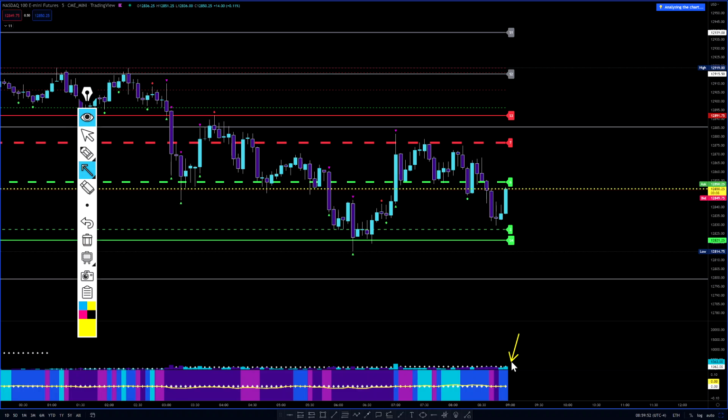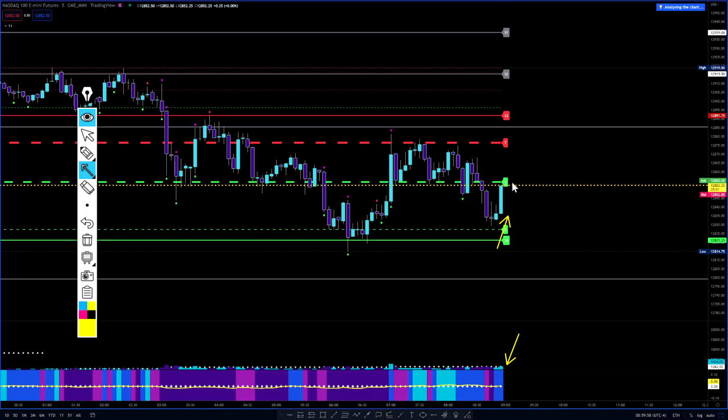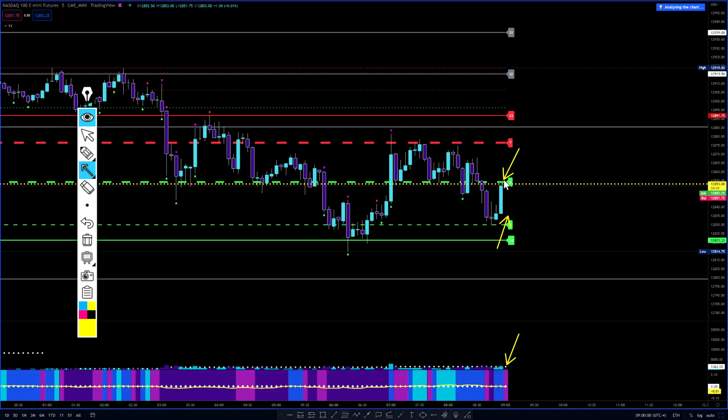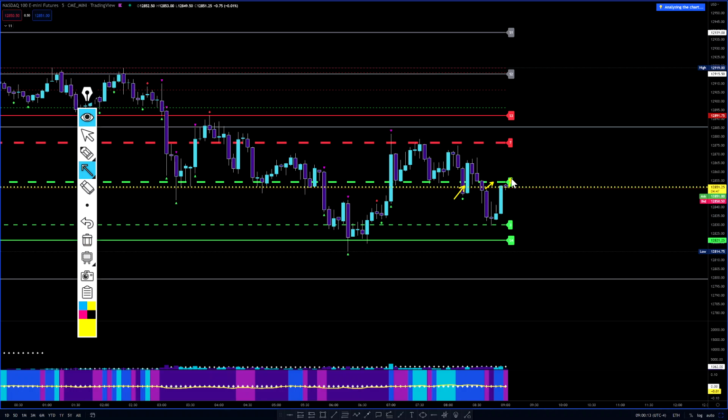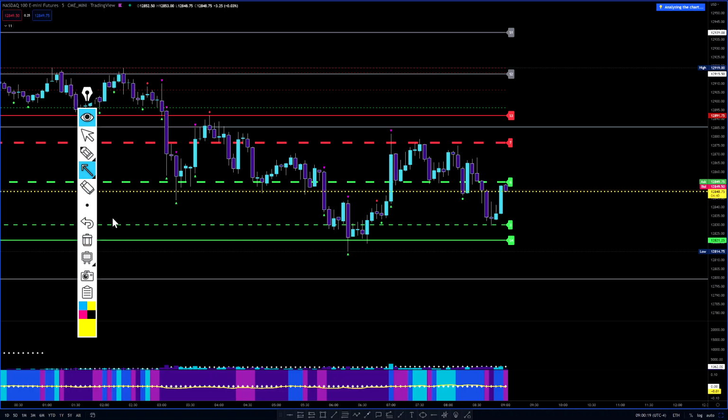Let's see. Yeah, that volume is coming in there, pushing up a little bit, and we're getting this bullish kind of action right here into this support turned resistance level. So it depends on the US dollar. Is the US dollar going to remain bullish? We'll probably run into that support turned resistance and probably push back down to S4. But we've got to see what's going on at the open.